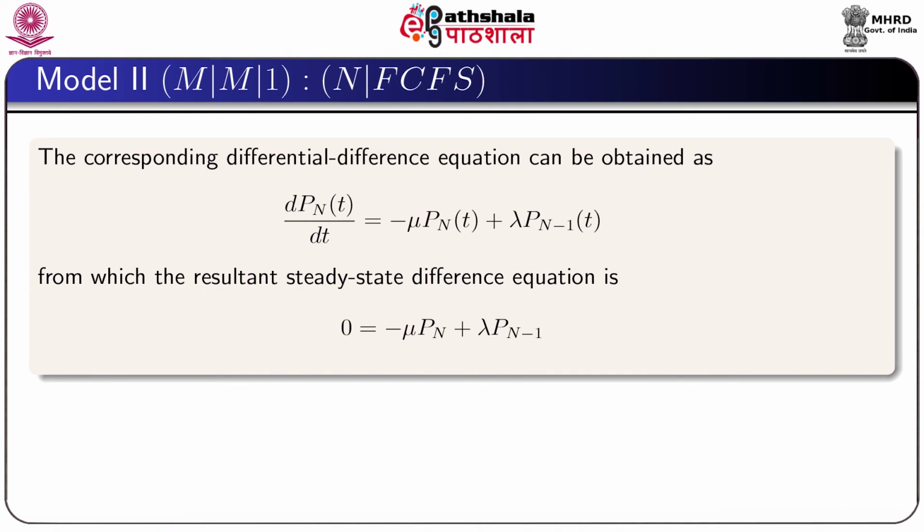The corresponding differential difference equation can be obtained as dP_N(t)/dt equal to minus mu P_N(t) plus lambda P_{N-1}(t), from which the resultant steady state difference equation can be obtained as minus mu P_N plus lambda P_{N-1} equal to 0,